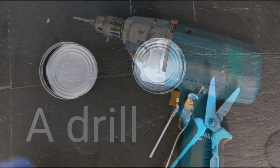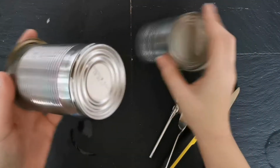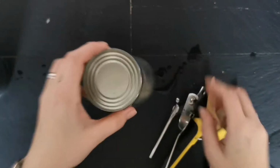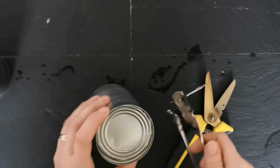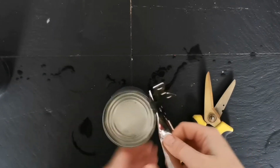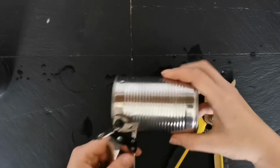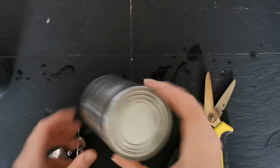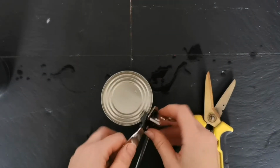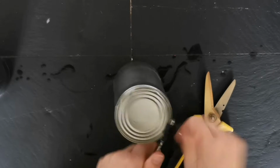Right, so we're making tulips today, and you'll have two different types of food can. So this type, water's pouring out, the lid just comes off with a tin opener, whatever your tin opener's like. Let's see if we can get the rest of it off. There we go. Obviously save that for another project. And the other end has also got a similar lip, so you can just take that off as well, and you'll end up